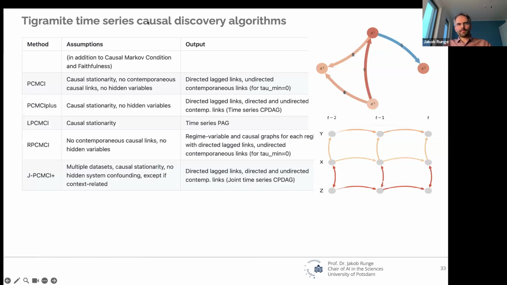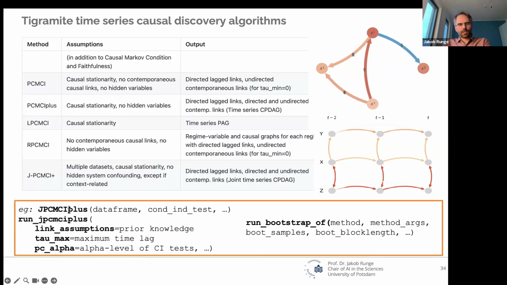Then there's the time series causal discovery algorithms class or classes. And these are, I mentioned PCMCI, PCMCI Plus, latent PCMCI, and I discussed them before. So this is a process graph now, and this is a time series graph with these bidirected edges. So that's for time series max. And the way these classes work is they are initialized with the data frame and a conditional independence test.